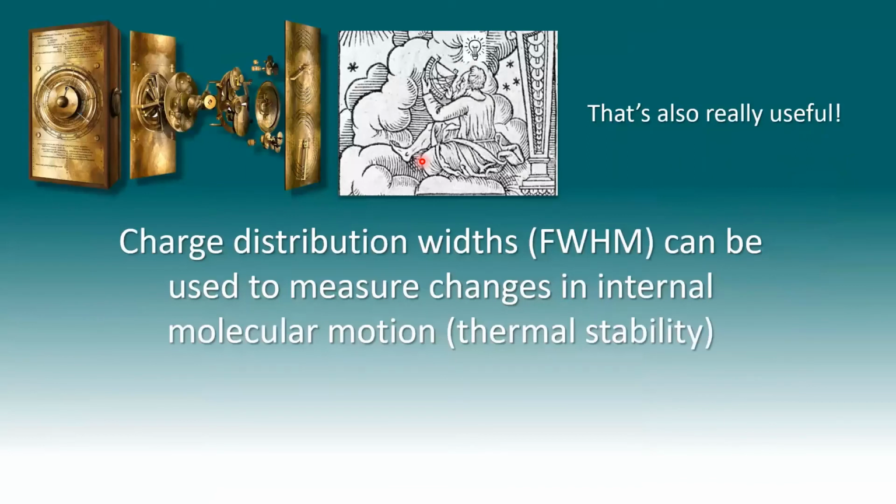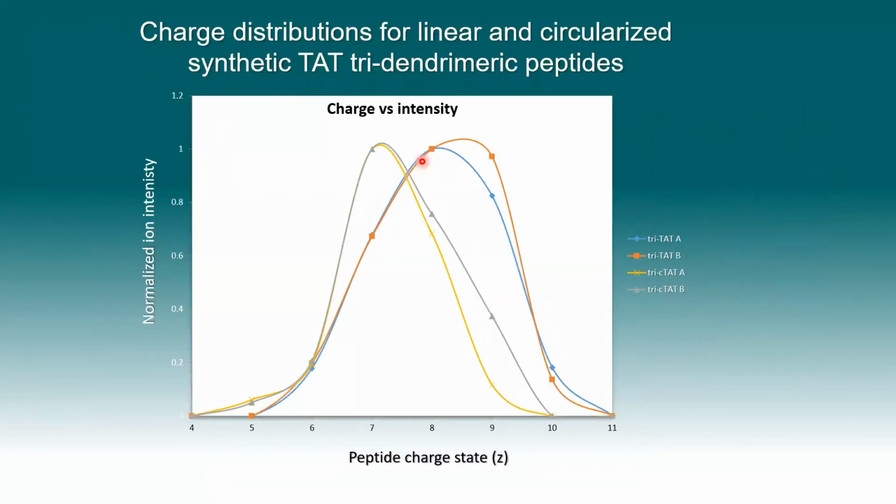So the charge state distribution width, this measurement full width half maximum, can be used to measure changes in internal molecular motion, in other words, thermal stability. And we've done this here with a peptide. This TAT peptide, these peptides are tridendrimeric peptides, so they have the 3 peptide strands linked together. And I'm showing you here 2 groups of peptides. We have